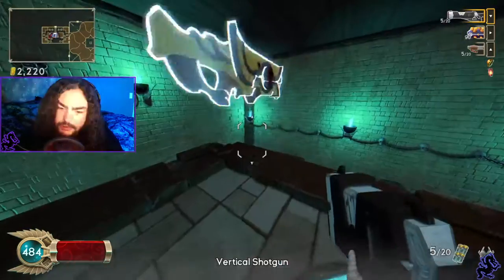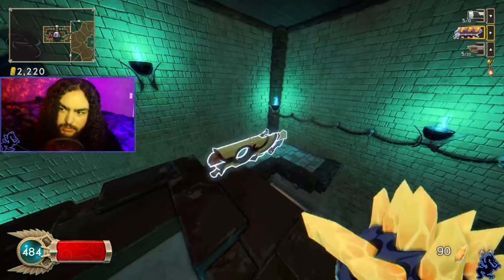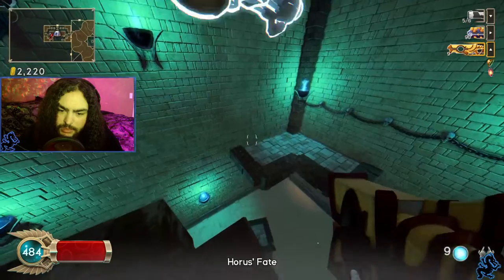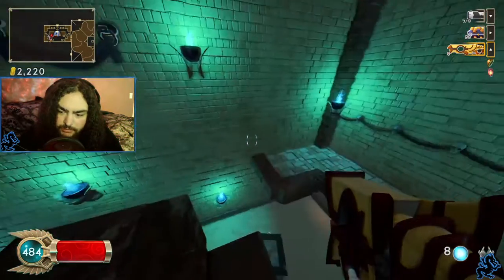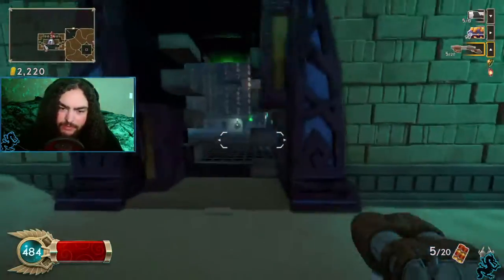What's this? I forgot what this is. Ooh, vertical shotgun. I think we'll keep that. I didn't really show you guys this gun, did I? Basically, you have to hold it and it charges. Honestly, it's not one of my favorites because it doesn't give you much ammo and it's very...